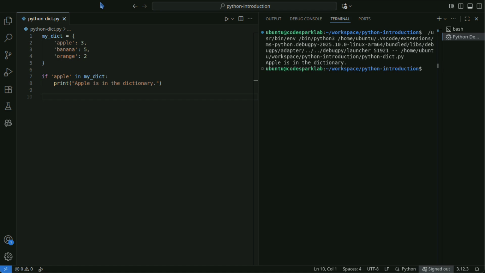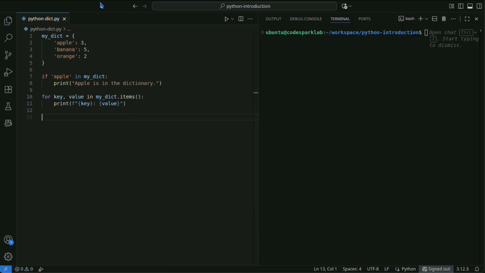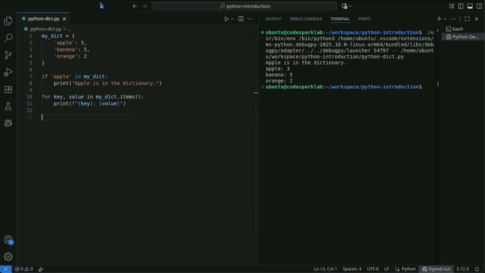You can loop over a dictionary as follows. Use the items method to loop through the dictionary and process its keys and values. The items method lets you iterate over both keys and values.